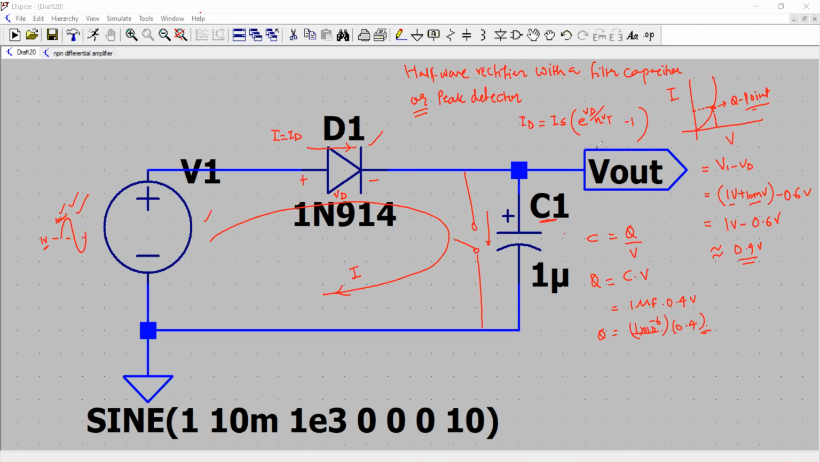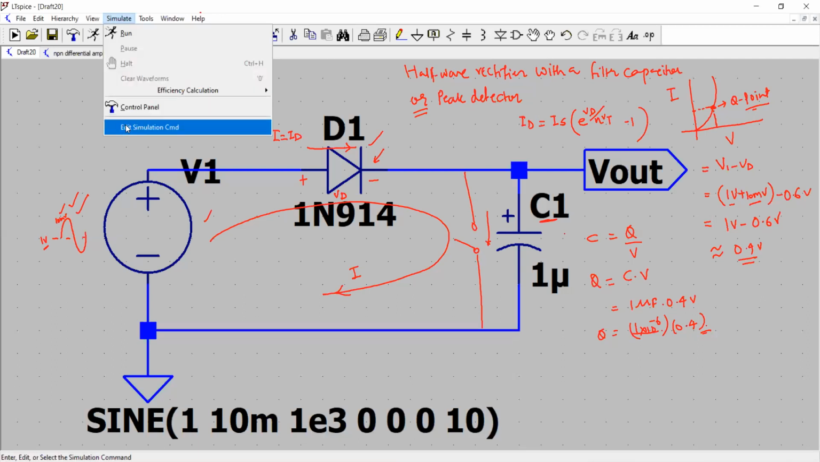So let us now see the behavior of this diode. First we will do the forward biasing, and then the reverse. We will just change the polarity of the diode and rerun the simulation. In the current position, the circuit works as a positive peak detector. And when we reverse the direction of the diode, the circuit will behave as a negative peak detector. So what I am going to do is run the analysis, click simulate, edit simulation command,